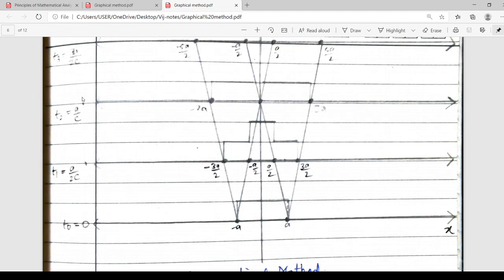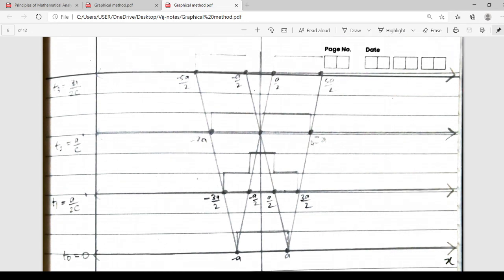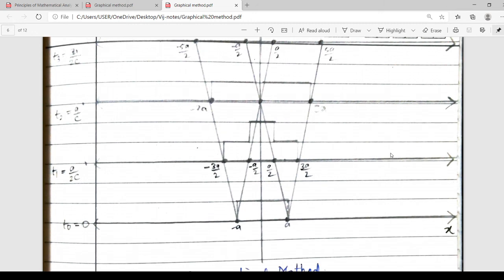Now for t2 equal to a/c, we did it here and we got the values from -2a to 2a. This is 2a. So from -2a to 2a it has this value, otherwise its value is 0. Then we have from -5a/2 to -a/2 and then a/2 to 5a/2, that is t3. So the graphs that we have drawn individually, we are drawing all here. And these are the characteristics here. So this is the graphical method by which we can solve this problem.